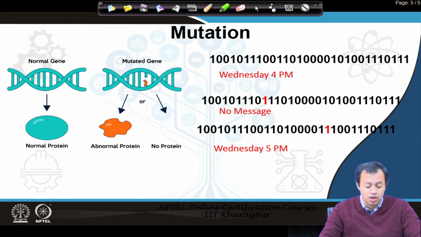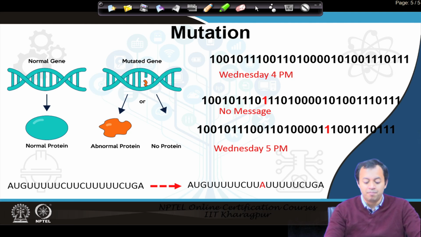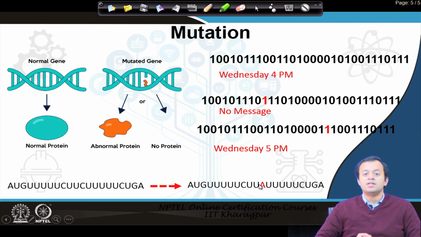Again, as homework, do this. You already know from the codon chart that I gave you what information and what proteins this creates. Now you have just changed a base pair. See how the amino acid sequence changes, and as a result produces a completely different protein. That completely different protein can cause more harm than good. Sometimes it can do good as well, but usually mutation occurs maybe randomly, maybe something gets triggered.